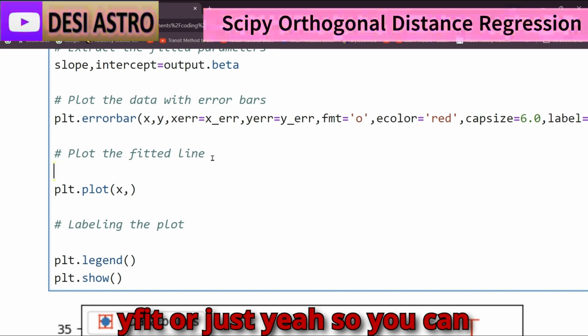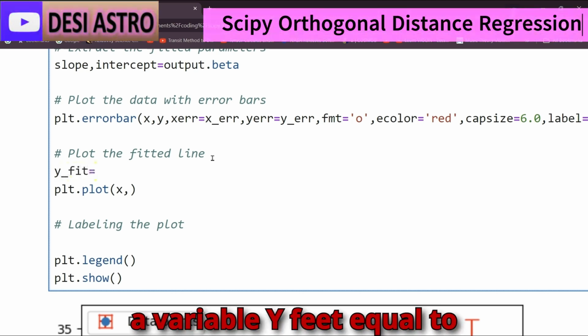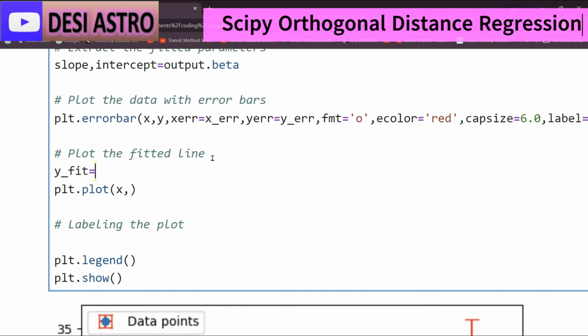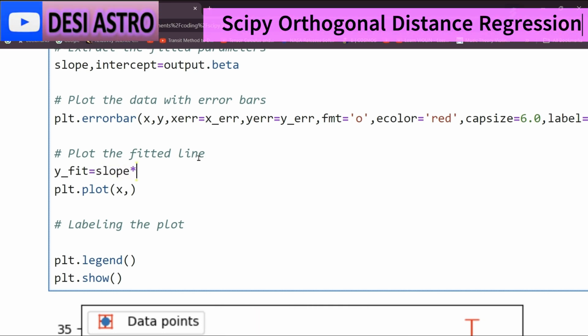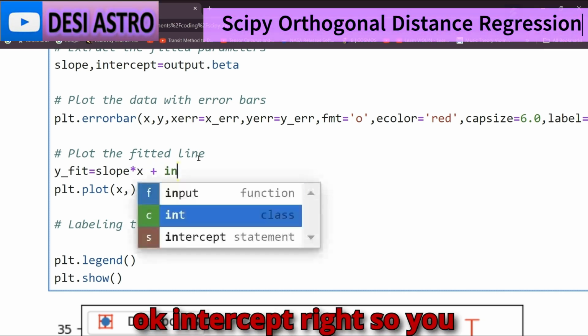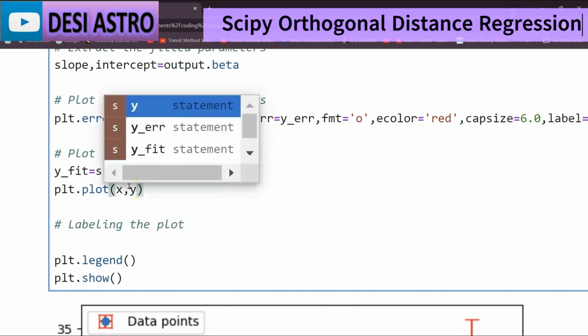So you can type here y fit equal to a variable, y fit equal to slope into x plus intercept, right? So you can give here y fit,